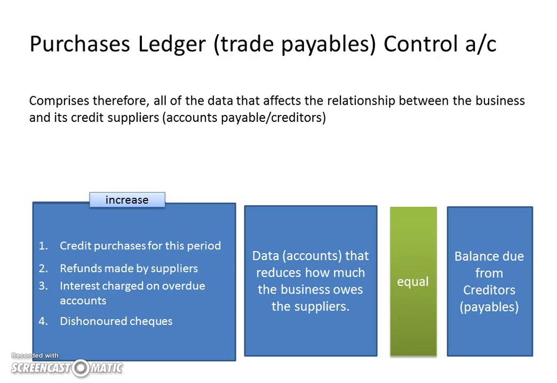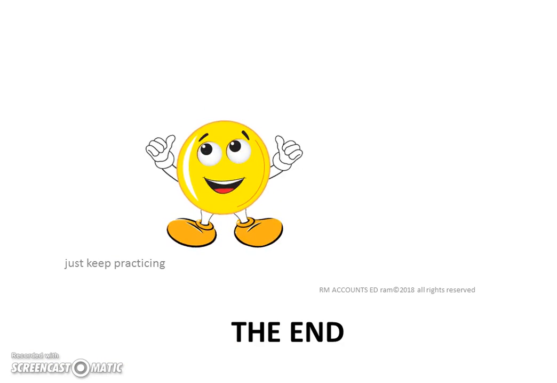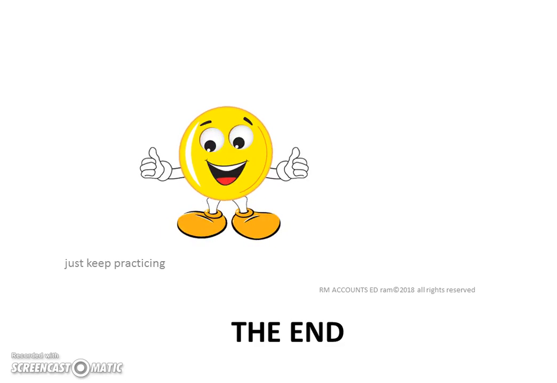But what reduces the balance? So, payments. Now if I make a payment by cash or by check to my supplier, that reduces my balance. Similarly, if I return goods or I receive a discount or again set it off against the sales, that would reduce my balance. So there you go. That is basically controls account in theory. Just want to thank you and keep